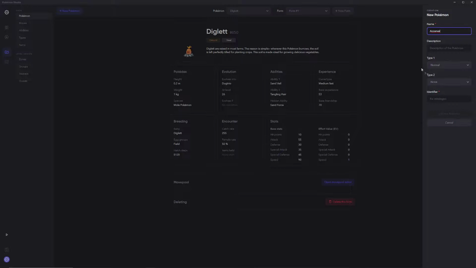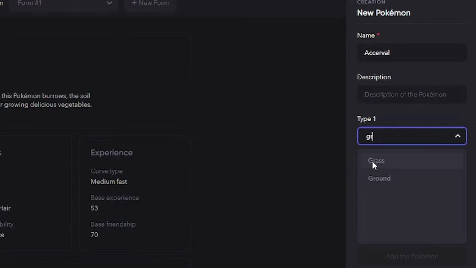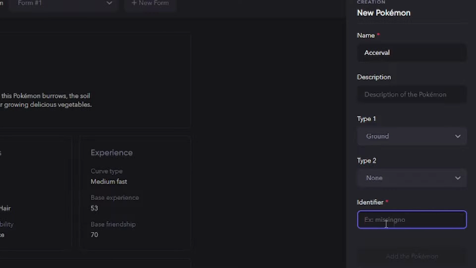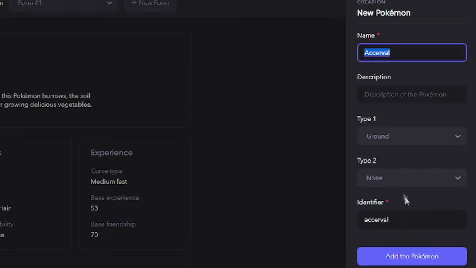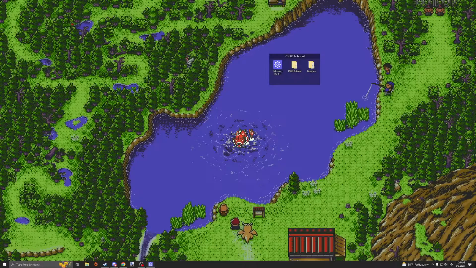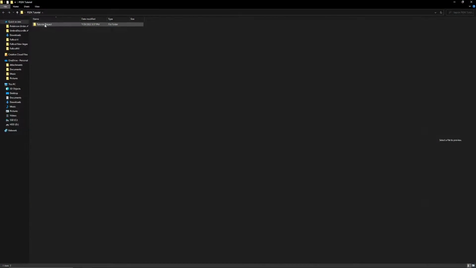And the one today we're going to be taking is X-Serval, the pure ground type, so we're not going to put anything in the second type, but obviously if yours was a dual typing, you would put something there. And this is pretty important. We need to make sure that whatever you put here, it doesn't have to be the same as this, but I would really highly suggest that it is the same, because realistically, if we go here into our project and